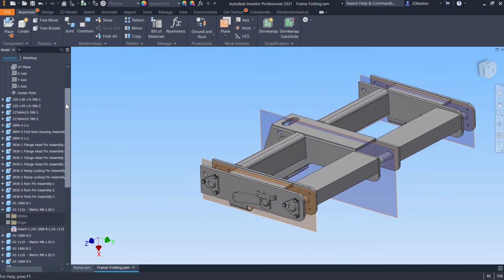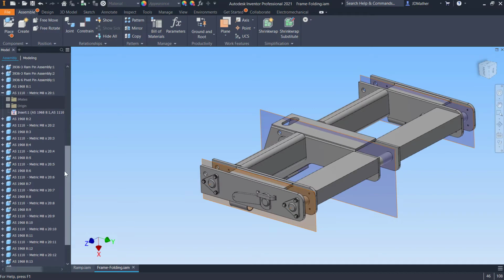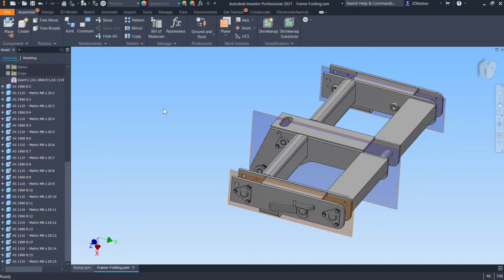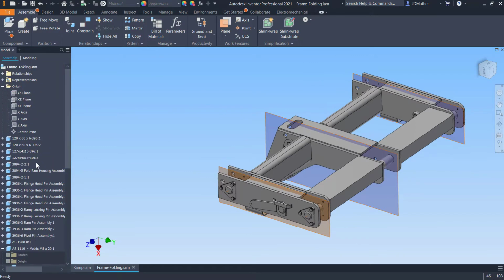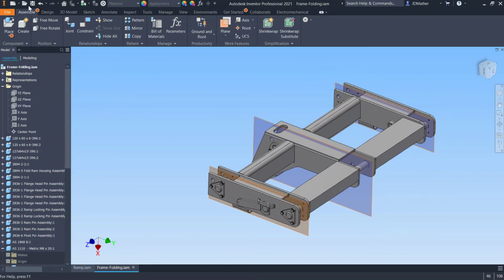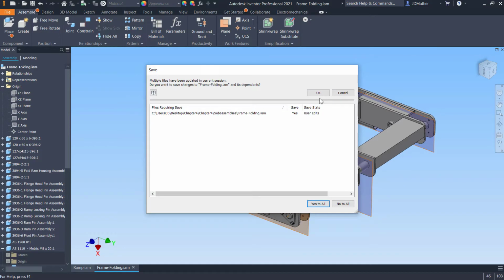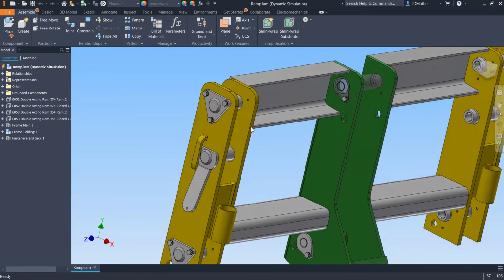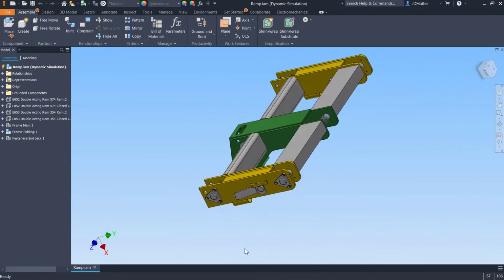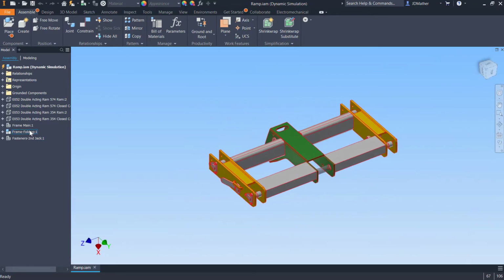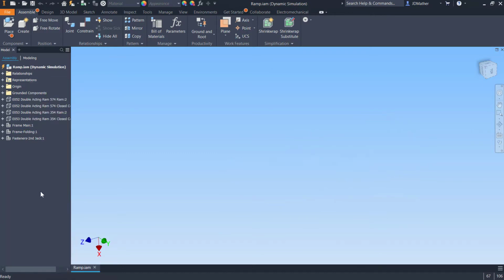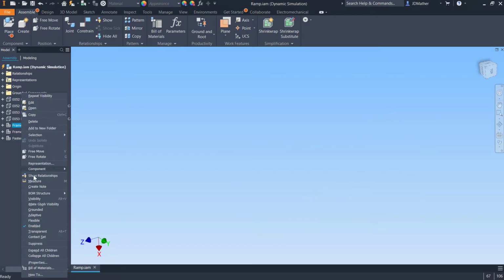Now it might be worthwhile to set up some folders for these fasteners. I'll just leave them where they're at, but if we wanted to clean up the clutter of this browser, we could create some folders. I'll save this, and then I'll go back to my main assembly. Alright, so now we've lined everything up and we have constrained everything in this frame folding. I'm going to turn off the visibility of this subassembly, and I'm going to go back to the frame main,